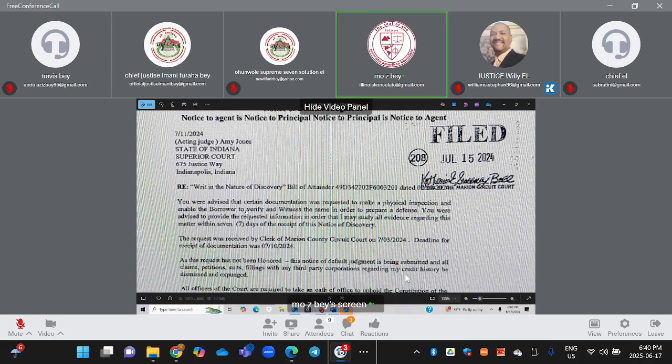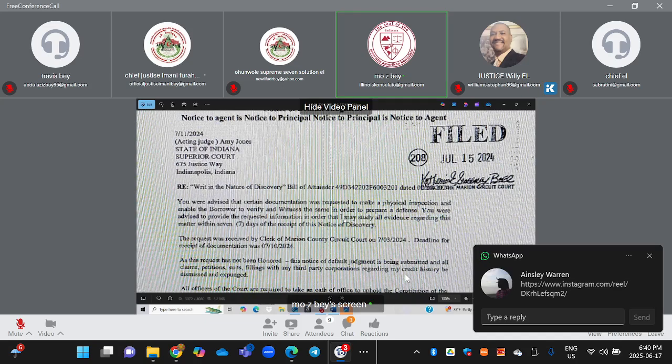Law equals contract. So it's a contract. Understand that. It's also a contract because you put a term in here and they didn't respond within the 7 days. So now they agree, because the notice of discovery